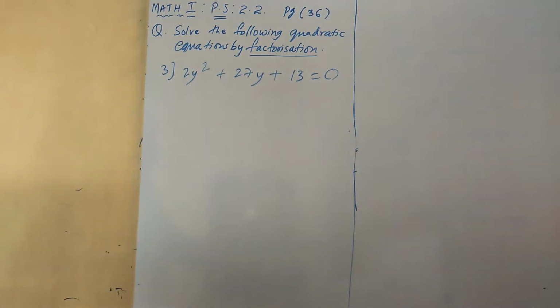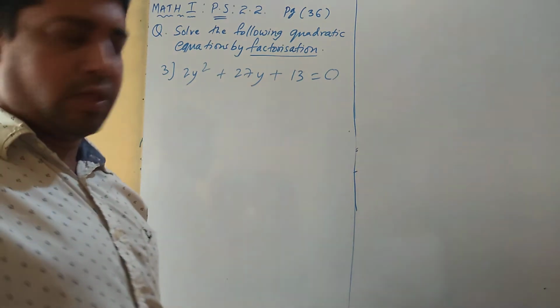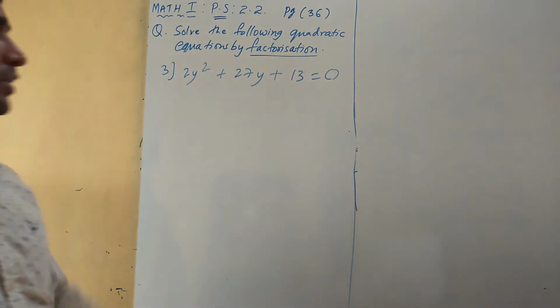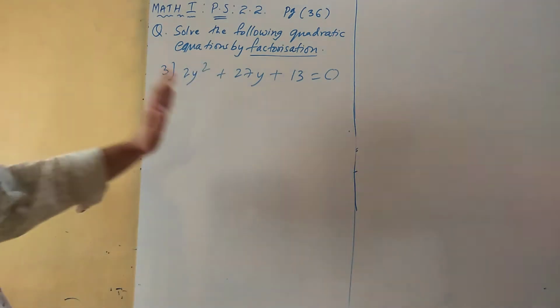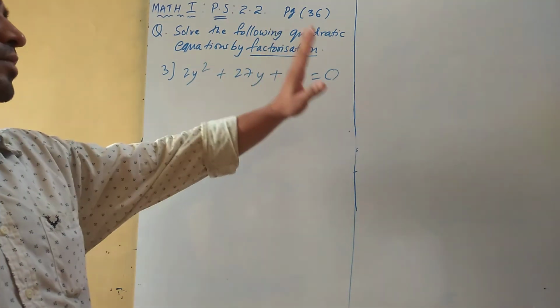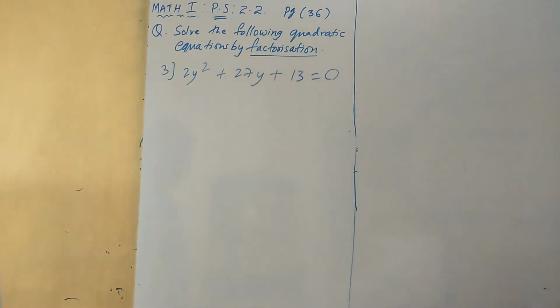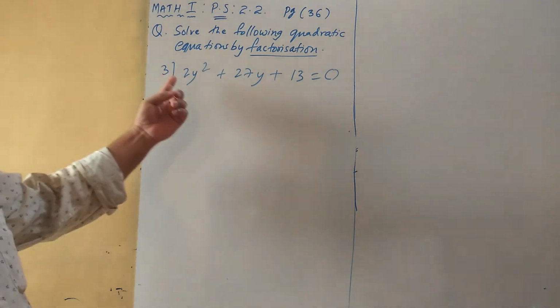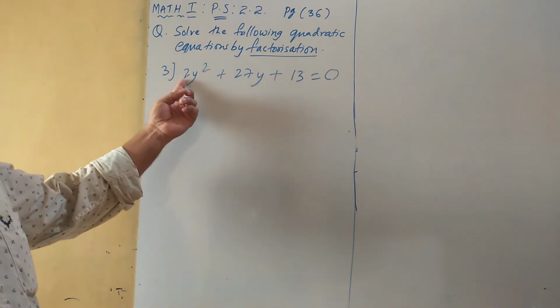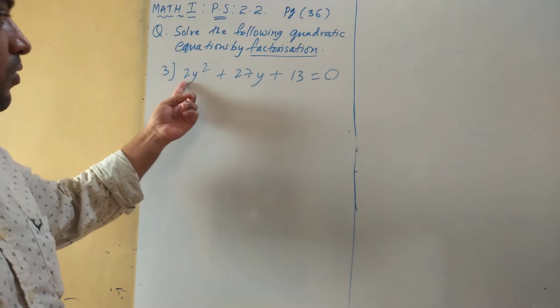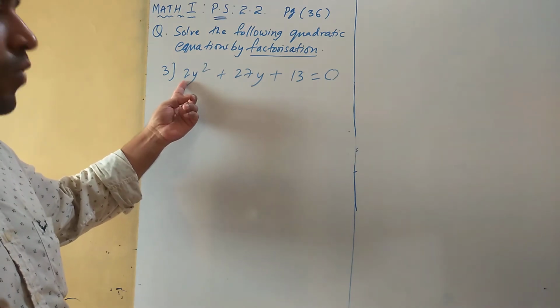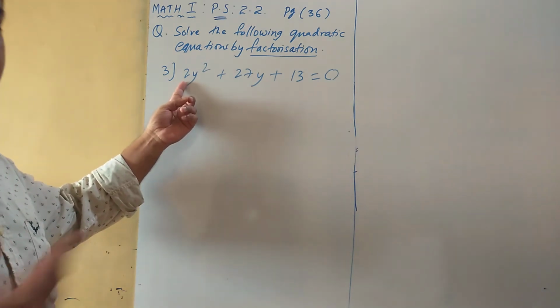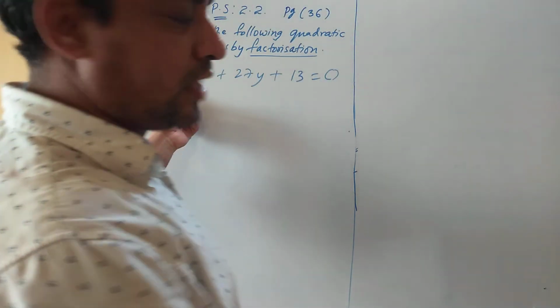Okay, the equation is in the standard form. That is the general form: quadratic term, middle term with the variable, constant term is equal to 0. Yes, the difference you might be finding is that in both the first sums, the coefficient of the first term was 1. It was x square, something like that. Yes, x square. In the second sum it was x square.